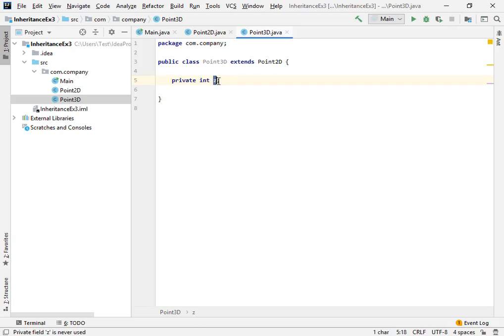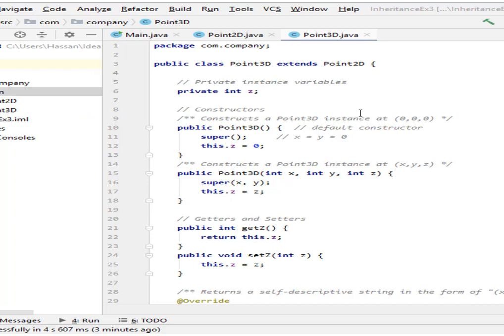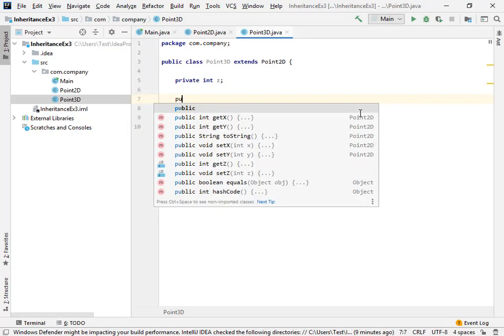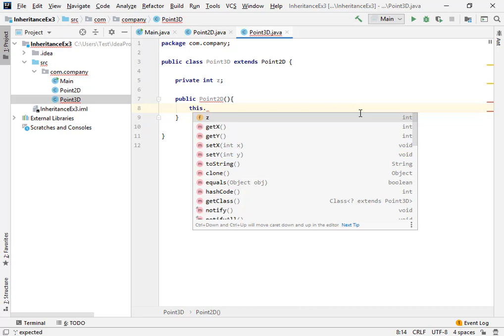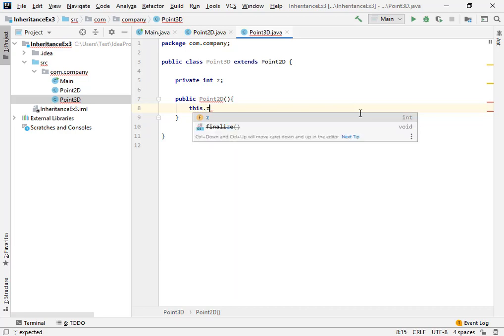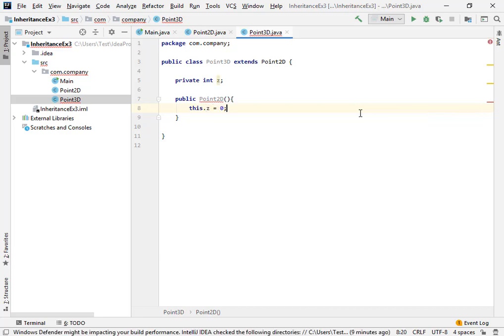So we're gonna make this, and after this we're gonna make the constructors again, two constructors. One will be the default constructor, public Point2D, and this constructor will initialize the z parameter equal to 0.